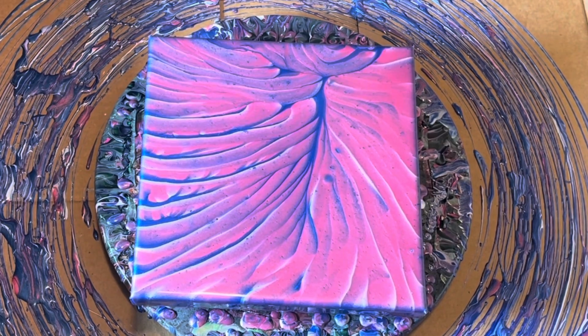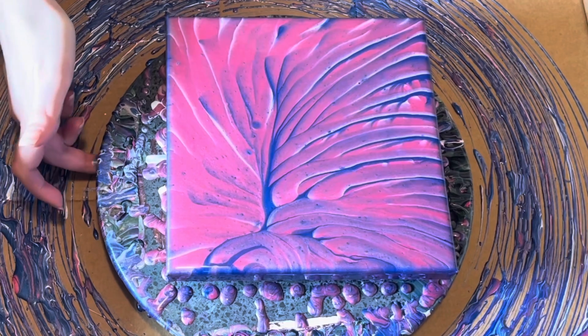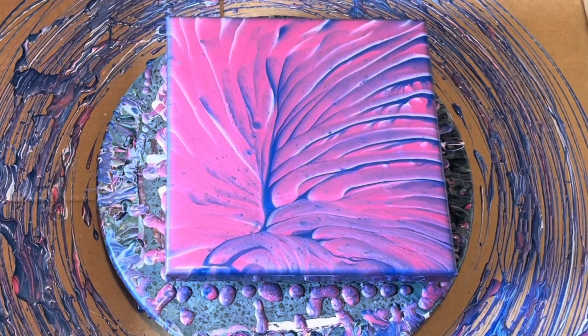There's not a lot that can happen when you just use two colors and a white. I just wanted to test out the Extreme Sheens together. I think for the sake of my experiment, I will just let it stay like this and see how it processes and dries over time, and I'll do the close-up for you after it has processed over the next couple